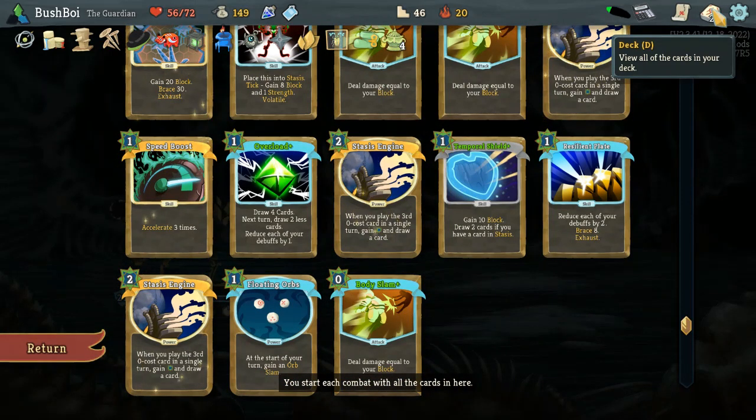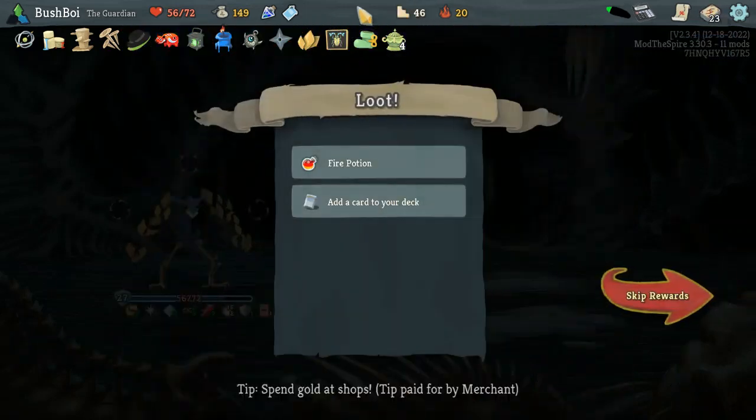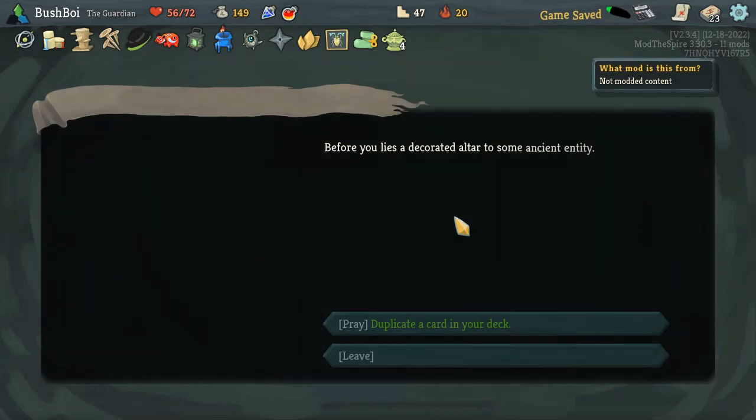We may need that extra oomph to beat Time Eater, though. We also may just need the Fire Potion just in case we get a bad draw against Repto. I'm going to do that. I think that's more important. Time Eater is going to...